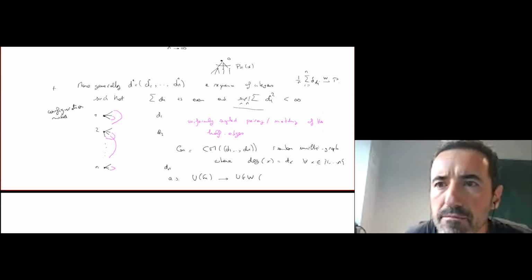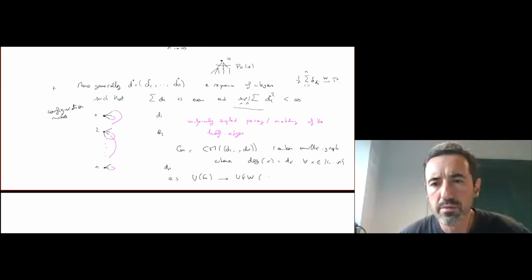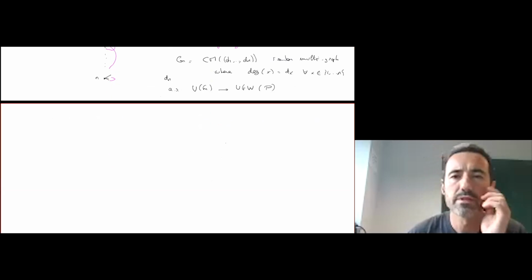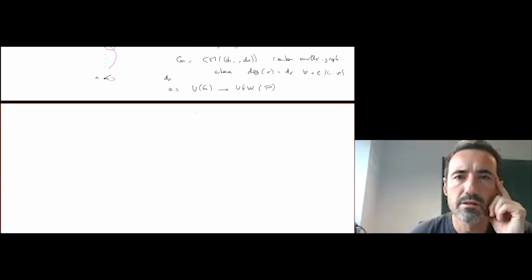Which will be a Galton-Watson tree with degree distribution p. So this is called the unimodular Galton-Watson tree with degree distribution